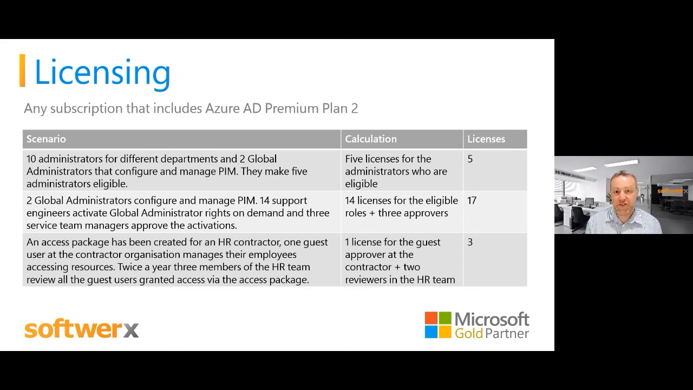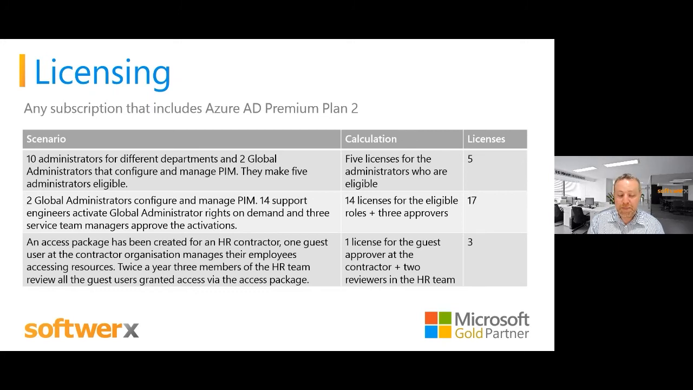The others might have lots of different admin roles, but they're assigned those, they're fixed members of those roles. But there are 5 people who are named as having the ability to activate. So that would be 5 licenses for those individuals. In the second scenario there,